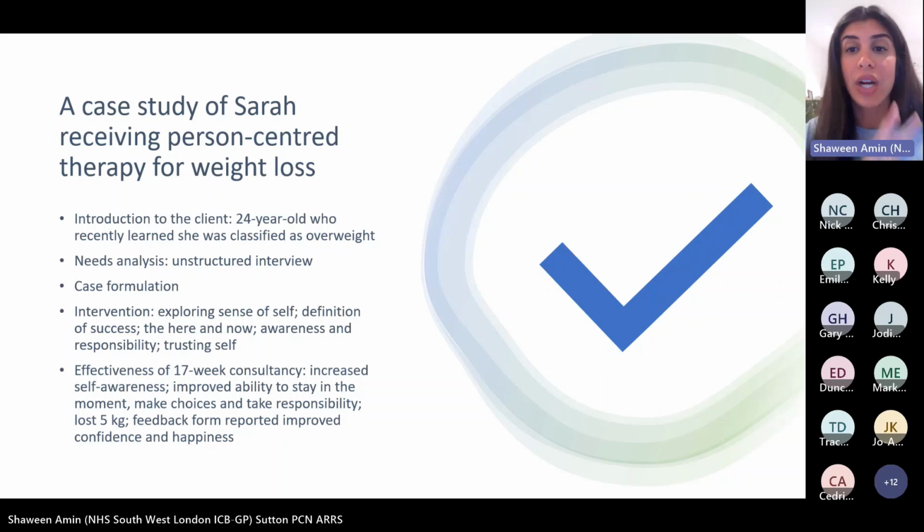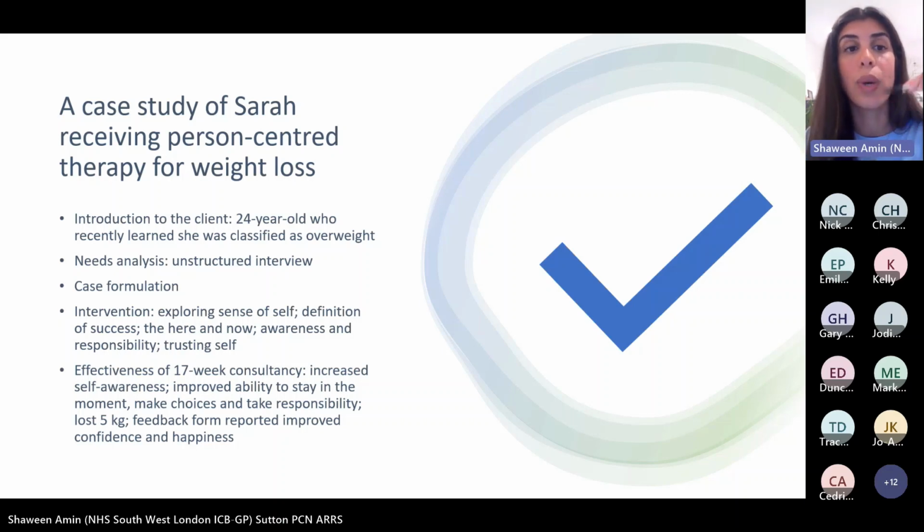But a standardized case formulation wasn't carried out. But because Sarah knew herself that she was unhappy with her weight, unhappy with herself, she didn't feel happy, she didn't feel confident, for us it felt like there was a really clear route ahead. We were going to work on her weight and we were going to work on herself. So there was no standardized case formulation. The intervention that we did use,